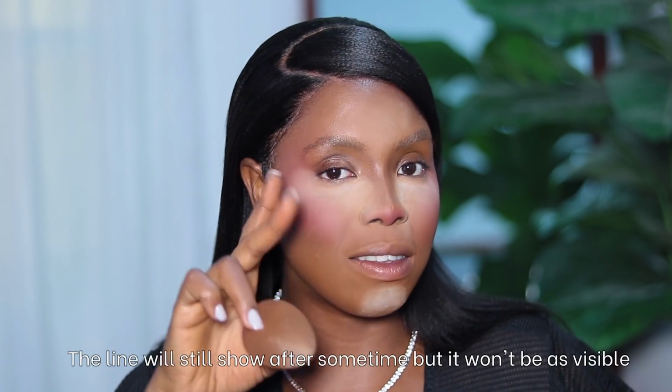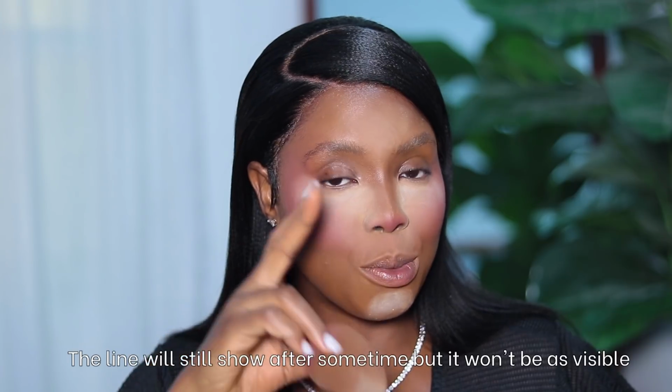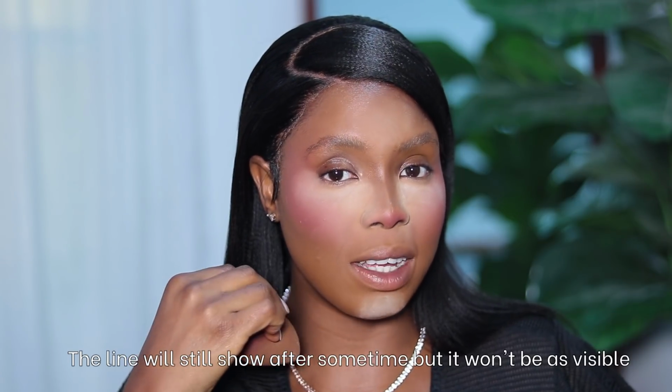Just set it normally, so that when your face is smiling or talking and it's cracking, it's flexible. The powder has room to move. It's not packed tight, if that makes sense. So when it's moving, you can see a tiny line, just something very tiny, but not to the point where it's like,